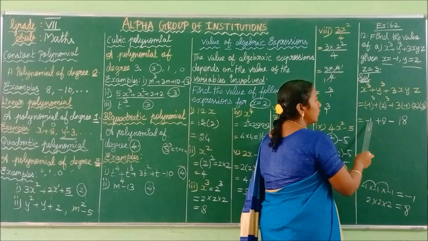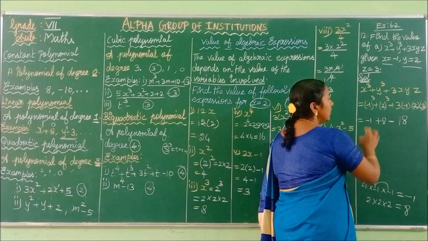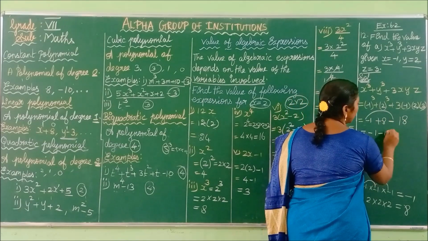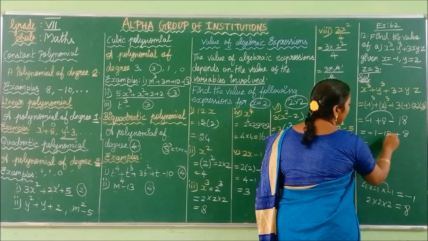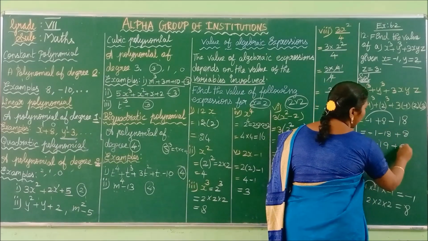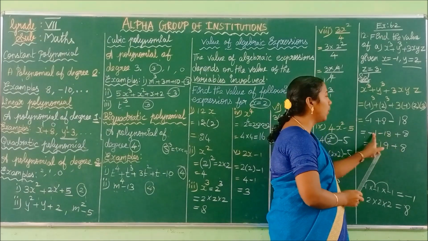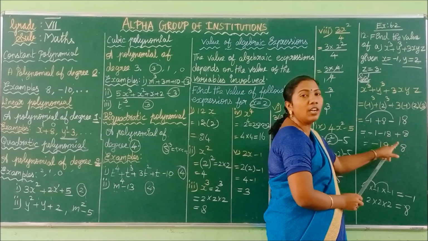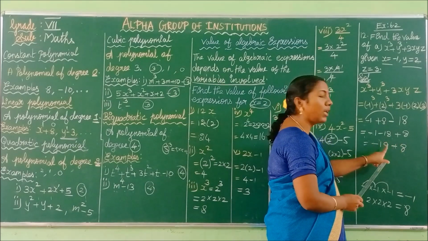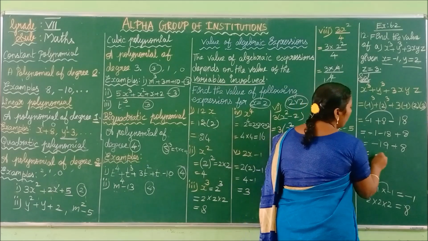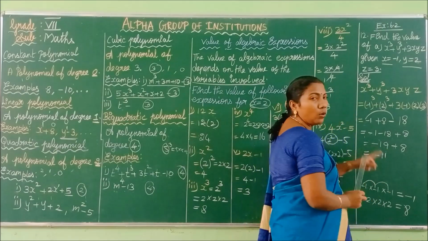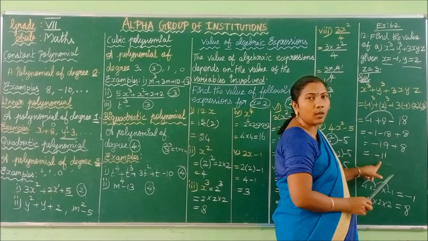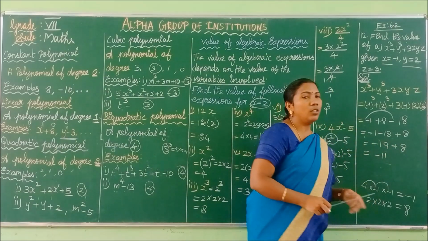You see here, minus 1 plus 8 minus 18. They are in the same symbol, so you can add this. Minus 1 minus 18, plus 8. So what is the answer? Minus 19 plus 8. Because they are in the same symbol, you have to add it and write the same symbol. Minus 19 plus 8. Now they are in different symbols, so you have to separate the smaller number from the bigger number. So what is the answer? Minus 11. Because as per the rule, you have to separate the smaller number from the larger number, and the result takes the larger number's sign. Okay? Do you understand all these sums, children?